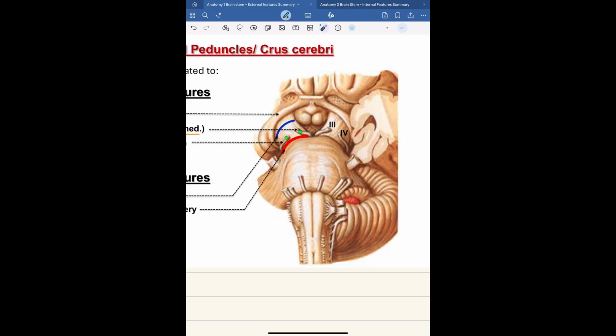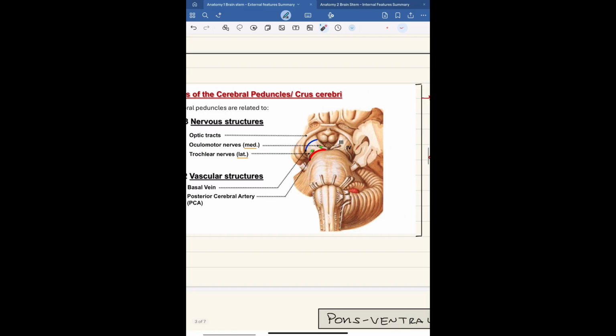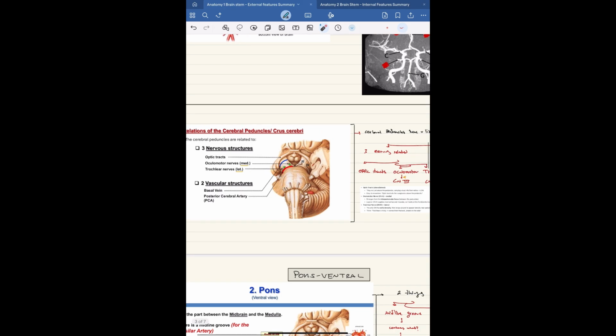But why? Why is the trochlear not affected? Because the oculomotor nerve arises from the ventral aspect, and the posterior cerebral artery is also arising from the ventral aspect, so if it gets affected, it will affect the closest nearby structure, which is the oculomotor. And if you have a good idea about what the oculomotor does, which is motor, and oculo, which is eye-related motor functions, you will have a good idea of what will happen if you get an injury. We will see this further in the internal features. You got a whole syndrome there. Okay,